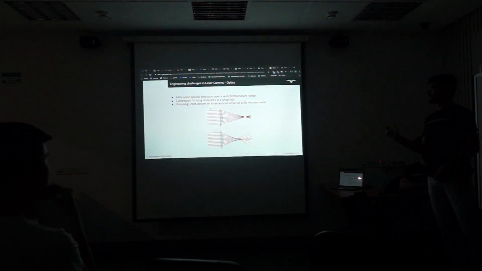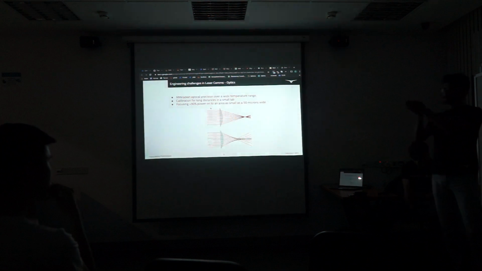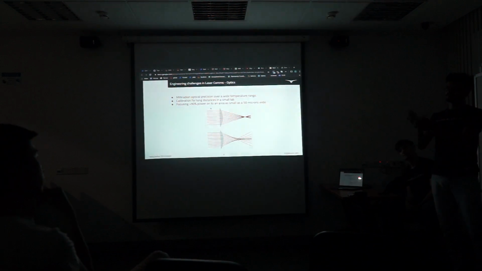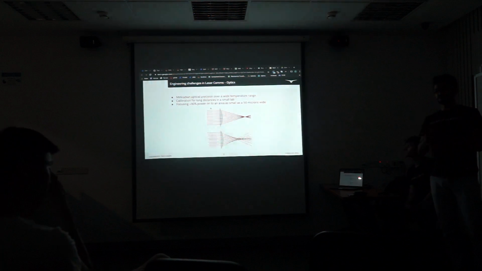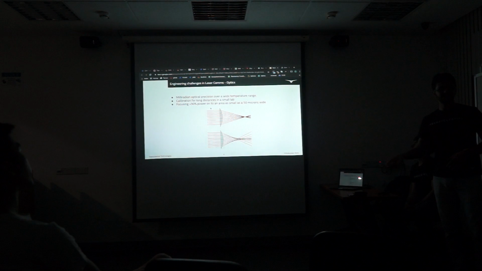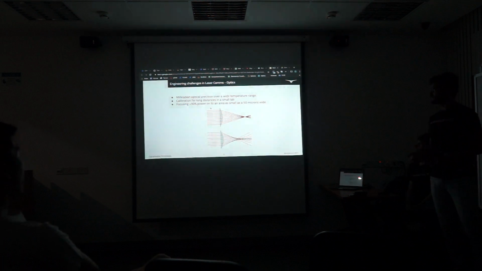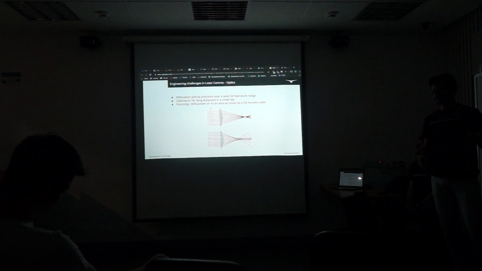That's another huge challenge. And this kind of calibration is really important for us because, for example, if you have a camera looking at the other side and you know where you're supposed to point, but over time something expands or contracts and your laser starts pointing the other way, then your source of truth is no longer your source of truth. So the way you point your laser, the way you accept your incoming laser beam, and the way you detect, these three elements need to be perfectly calibrated, and they need to stay calibrated over long periods of time. That's a real challenge.